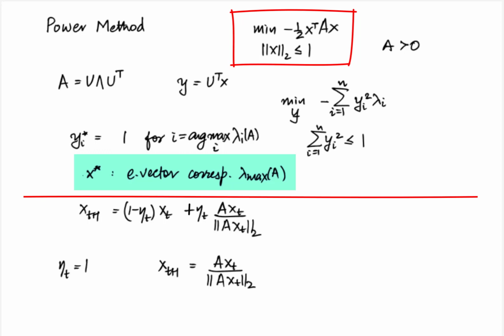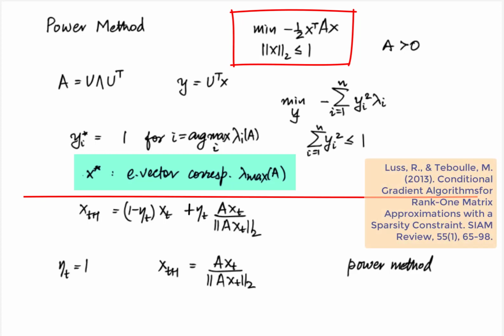Now this particular algorithm you might have seen before. It is called the power method and is known to be a very efficient way of calculating the eigenvector corresponding to the largest eigenvalue of matrix A. So this is the particular example where the Frank-Wolfe iterations turn out to be equivalent to another completely different algorithm. The power method is actually much older than the Frank-Wolfe method, and this link between the Frank-Wolfe method and the power method was however recently established, in 2013 only, in the reference given below.